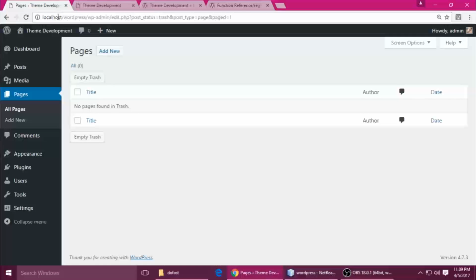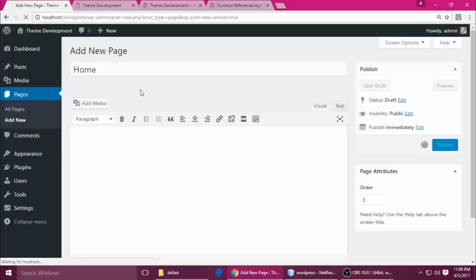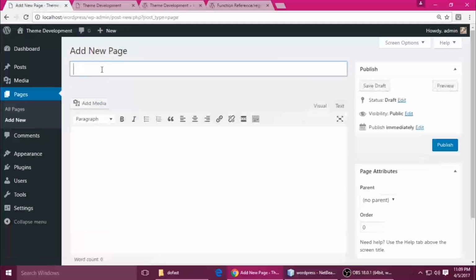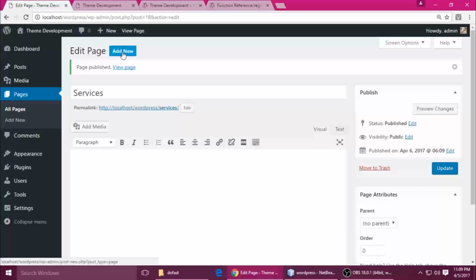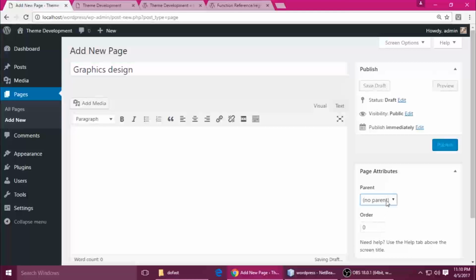Now go to your backend here, and we need to create some pages. Create a new page, which is the home page. Click publish. Add new, type services, publish. New page, graphics design, and its parent is services.